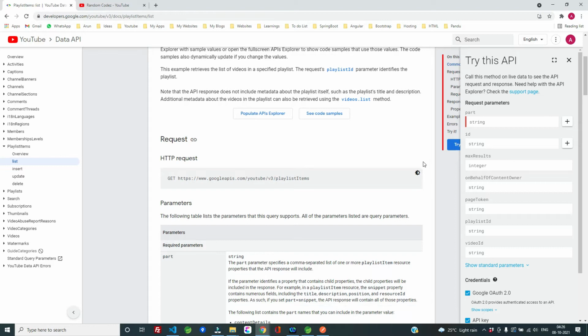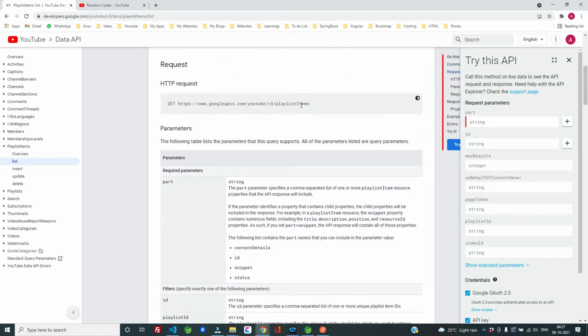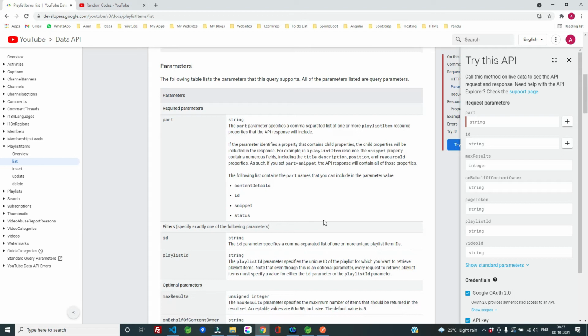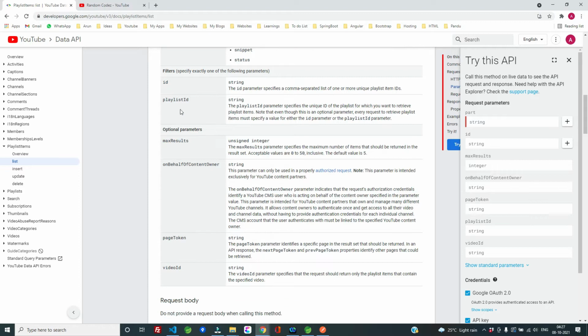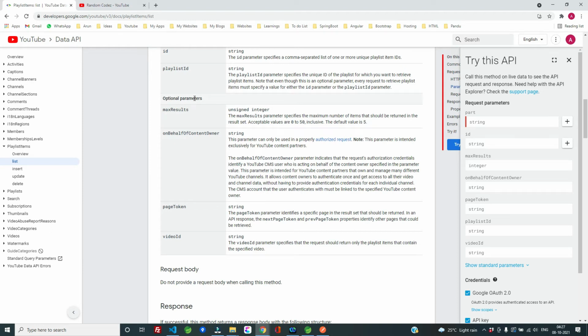When we scroll down further, here is the request URL, and these are the parameters. The required parameter is part, which has these valid values: content details, ID, snippet, and status. Some of the filters that this request accepts are ID and playlist ID. ID is for the playlist item ID, and playlist ID is for the playlist ID. Here is the list of optional parameters that include max results to specify the maximum number of records that we